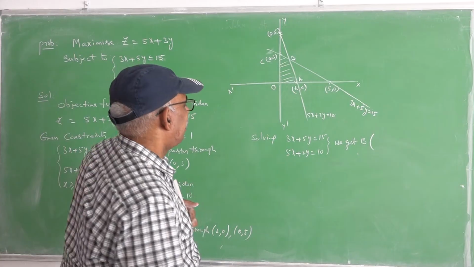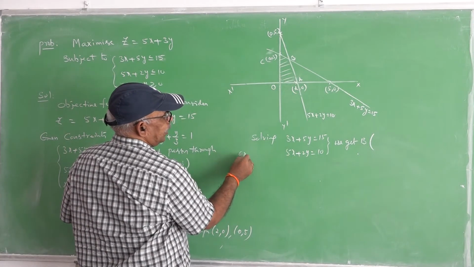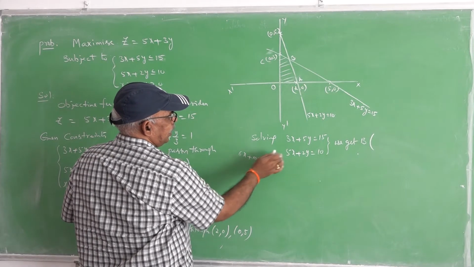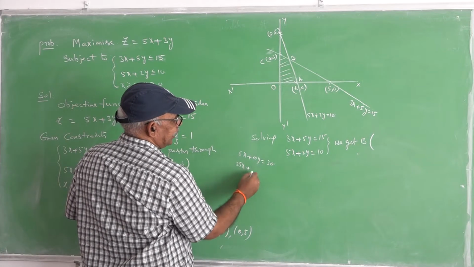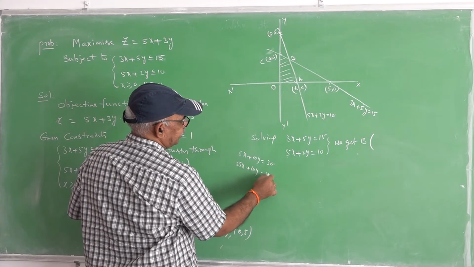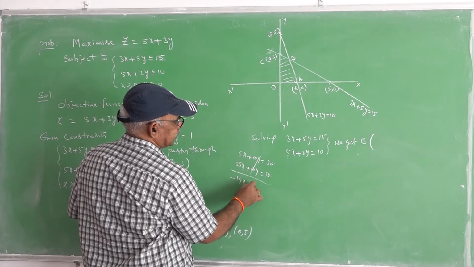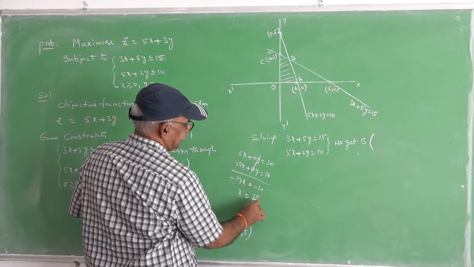Taking the solution, multiply this one with 5 and this one with 3. 2 we get 6x plus 10y takes the value 30, and taking multiplication with 5 we get 10y equal to 50. Subtraction, we get minus 19x equal to minus 20. X takes the value 20 by 19.